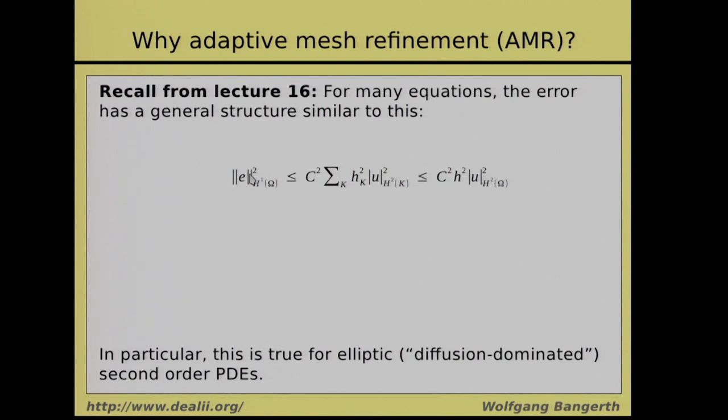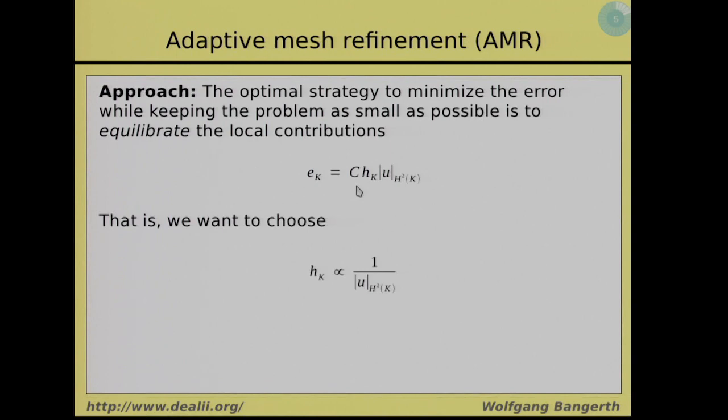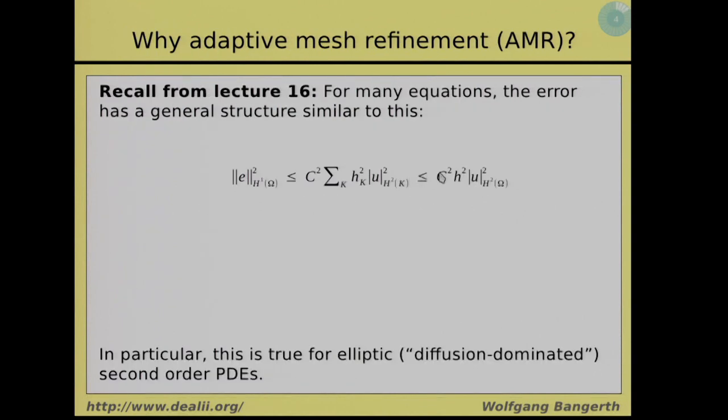If you want to take the square root on both sides, then you really just have the H1 norm, and you immediately see that, let's say if I ask the question, what is the biggest of these hK? That's hK is the diameter of cell K. If I take the biggest one, I can estimate that from above by just h squared, and then the sum of the H2 norm squared on the cells just gives me the global H2 norm. So what I have here, if I take the square root on the left and on the right, is just the usual first order convergence of the H1 norm. So this is sort of a